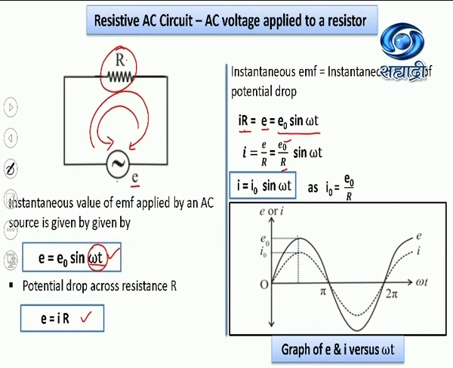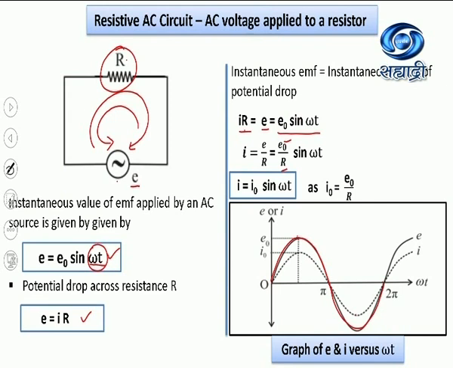Next, when omega t is equal to pi, sin pi is 0, so EMF will be 0. The next value is 3 pi by 2. Sin of 3 pi by 2 is minus 1, into E naught, so minus E naught for 3 pi by 2. And when it completes one cycle, the phase is equal to 2 pi, and sin of 2 pi is 0. And that's why this is the variation of the instantaneous EMF with respect to phase.